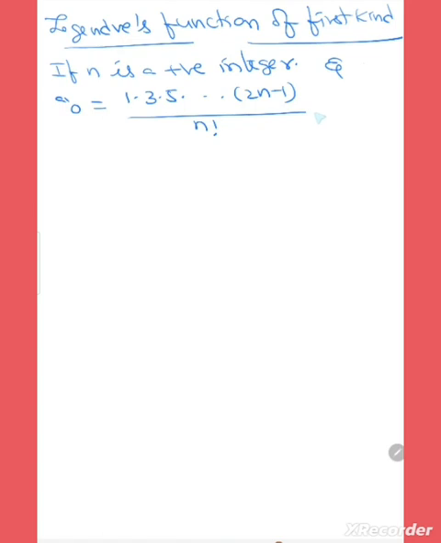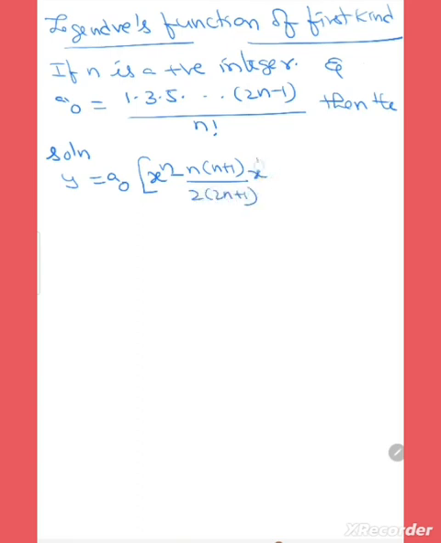If n is a positive integer, and a naught is equals to 1 into 3 into 5 and so on up to 2n minus 1 by n factorial, then the solution y is equals to a naught into x to the power of n minus n into n plus 1 by 2 into 2n plus 1 into x to the power of n minus 2 and so on, of Legendre's equation